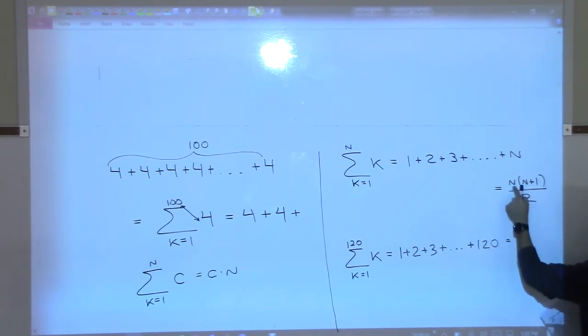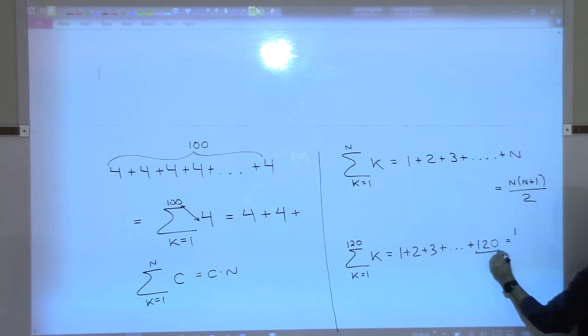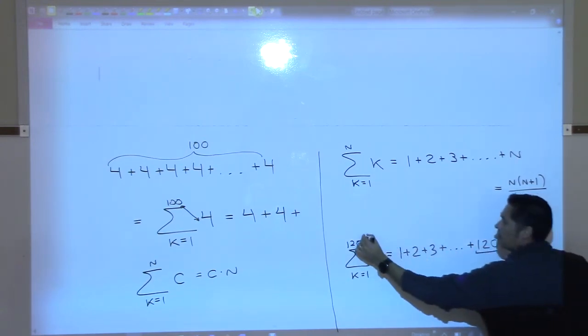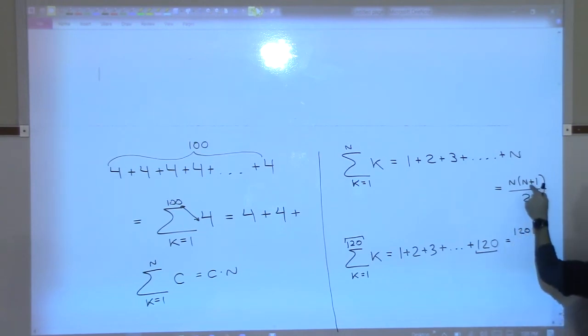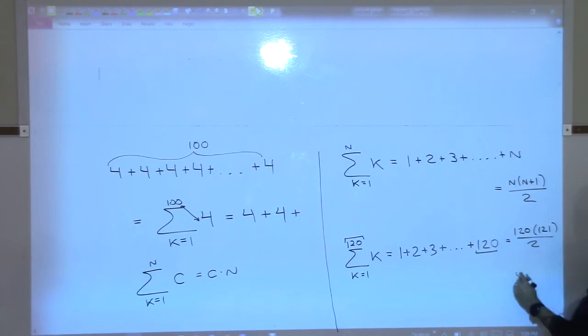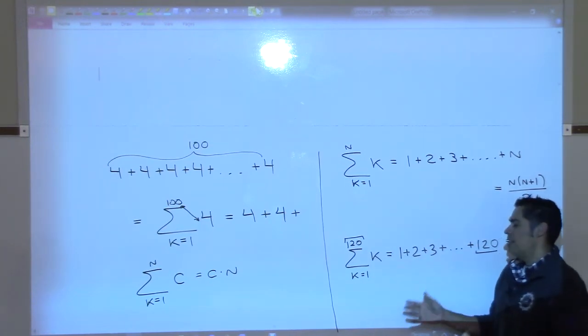1, wherever we stop, right? This is where we stop. That's n. So it should be n times n plus 1, so add 1 to that, and then divide that by 2. And that comes out to be, what, 7,260. So I call it the birthday function or the spanking function, because if, let's say you live to be